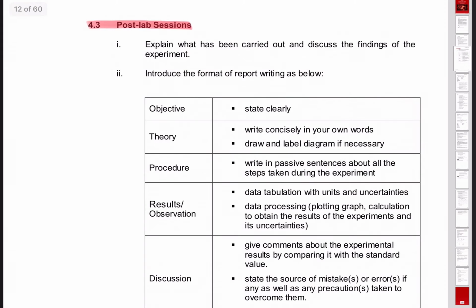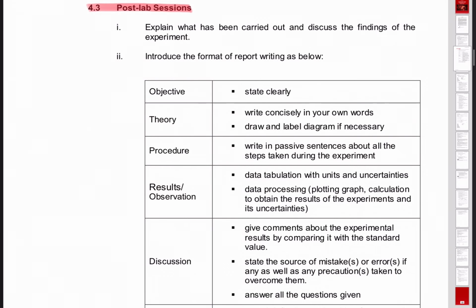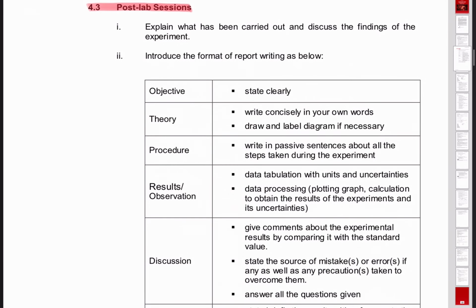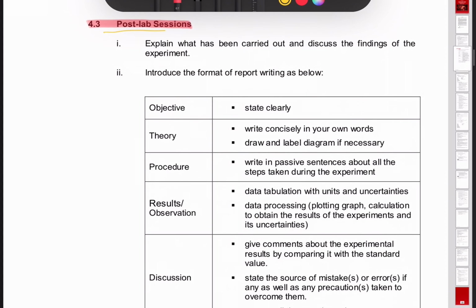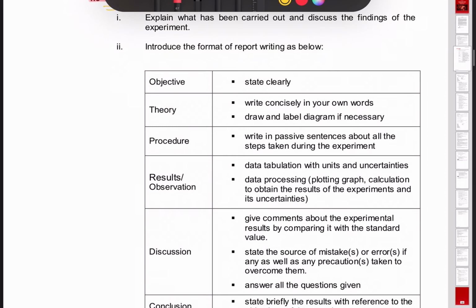On page 12, we have the post-lab session. This is the post-lab session yang saya cakap we will discuss our lab report. Discuss how to write it.